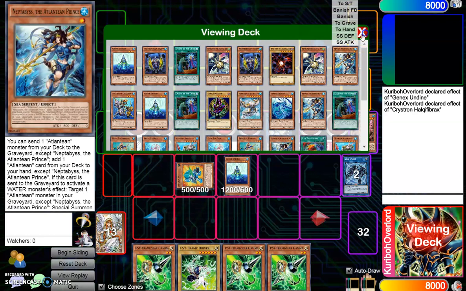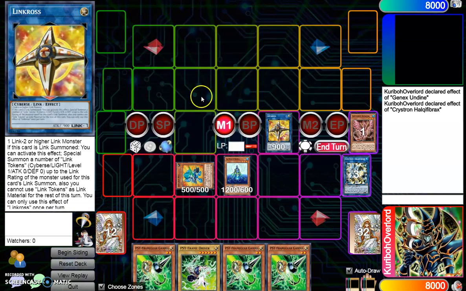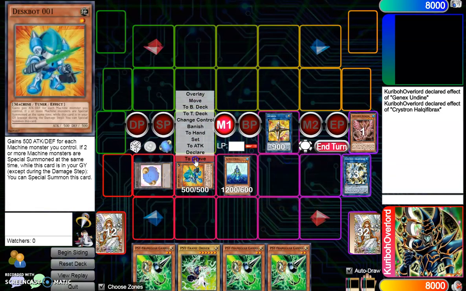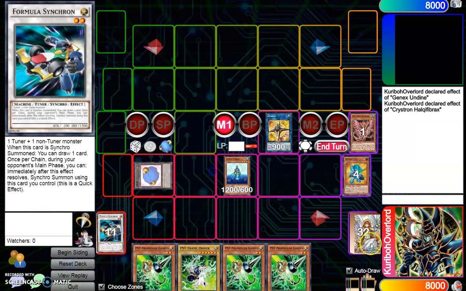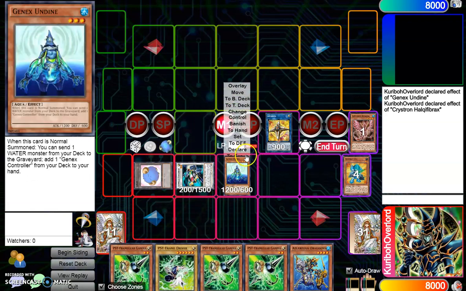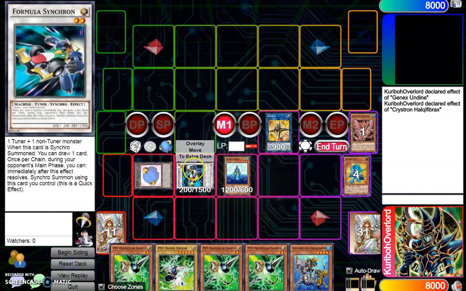Then you link 1 into Link Cross, effective Link Cross. Get your 2 tokens, and then you go into Formula. Get your draw. Okay, Dragoons. Okay, I'm sorry, you don't use this. You go Synchro for 3 here